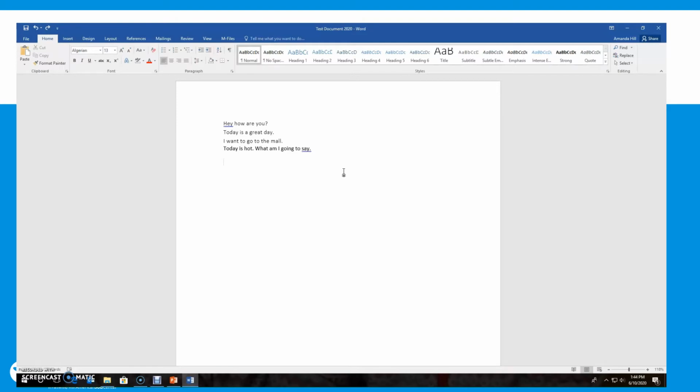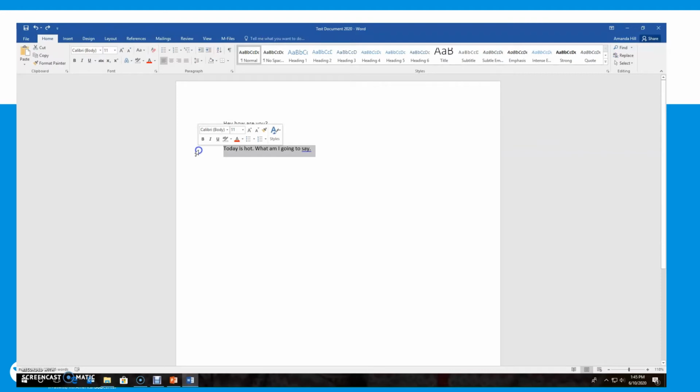Simple line selection. This can sometimes help when you normally would click and drag what you want to change in terms of the text. Sometimes we drag too far, sometimes we don't drag far enough, we struggle with the mouse, it's not highlighting what we want to drag. So as a shortcut, you can do what's called simple line selection. And essentially, the point of the paper to your words is considered the margin. And if you put your cursor in the margin and you just click once, it will highlight the entire sentence